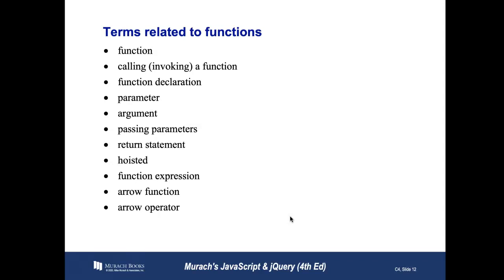Hoisting is JavaScript's default behavior. When we hoist a variable, we move it to the top of the script or to the top of the function where it needs to be. So hoisting means simply lifting all your variables to the top and working with them, declaring them with let, const, or var, and making sure they have access to where they need to be accessed. So we hoist variables to the top of our functions, or to the top of the script